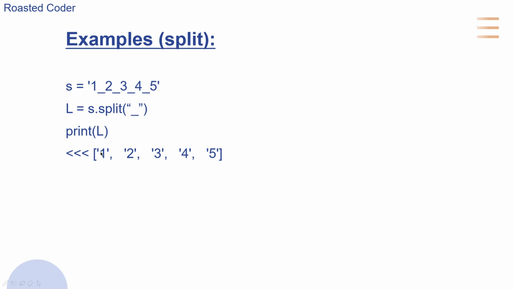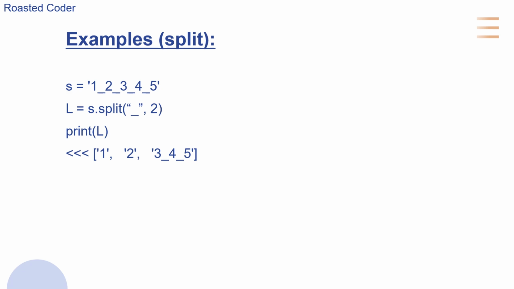You can see 1 is a character or a string in Python, both are the same. All the elements in this list are strings. Now if we pass the maxsplit parameter equal to 2, it will split the given string 2 times. You can see this underscore is removed, and again this underscore is removed.